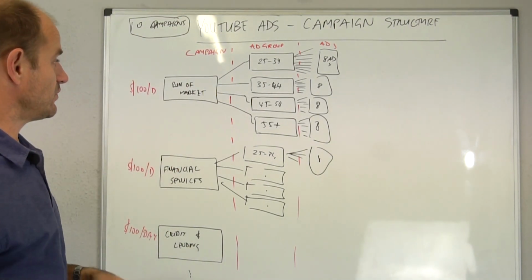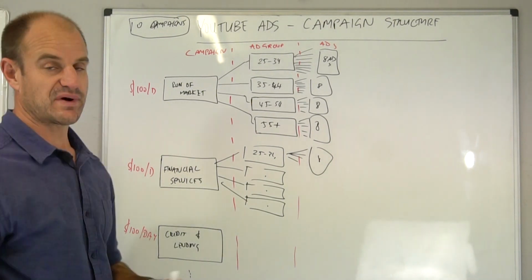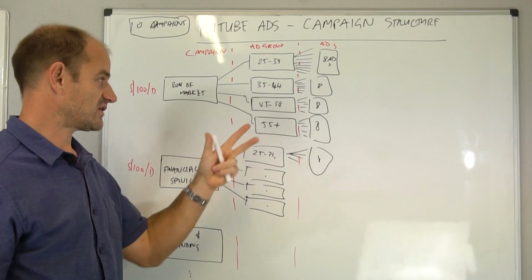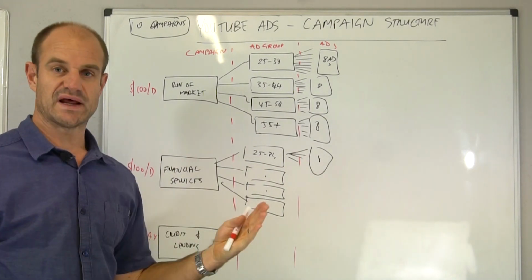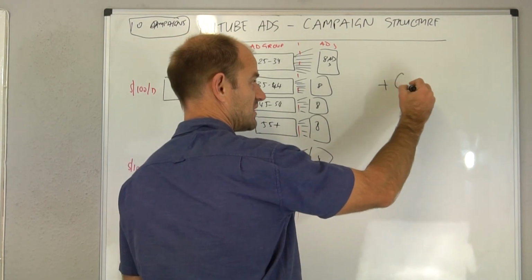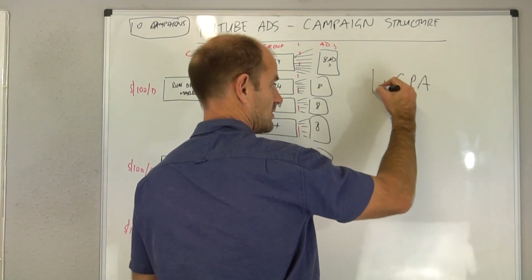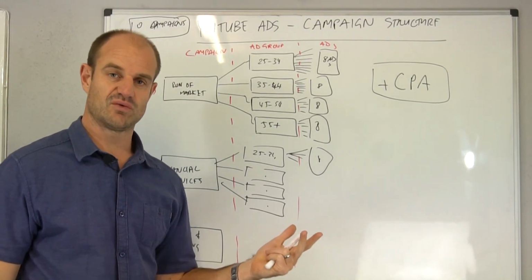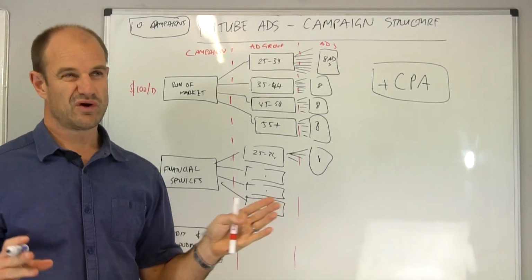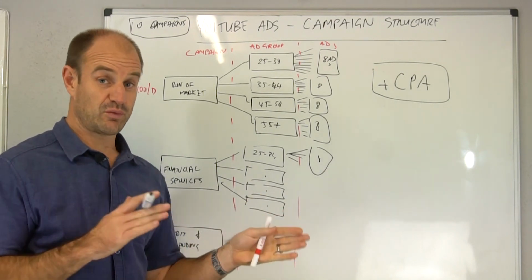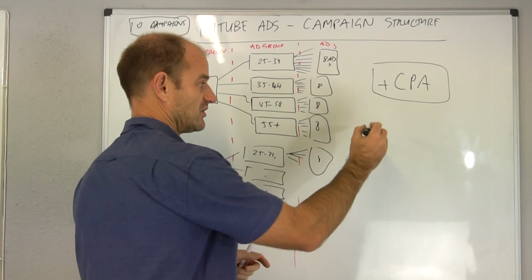Right, so now you have your 10 campaigns set up, you've got your ad group set up, you've got your ads inside those ad groups. What do you bid at, okay? So we always start now with target CPA bid. So you tell Google how much you want to pay for a lead, and we always look to go probably double what we want to pay. All right, so if we want to get $10 leads,